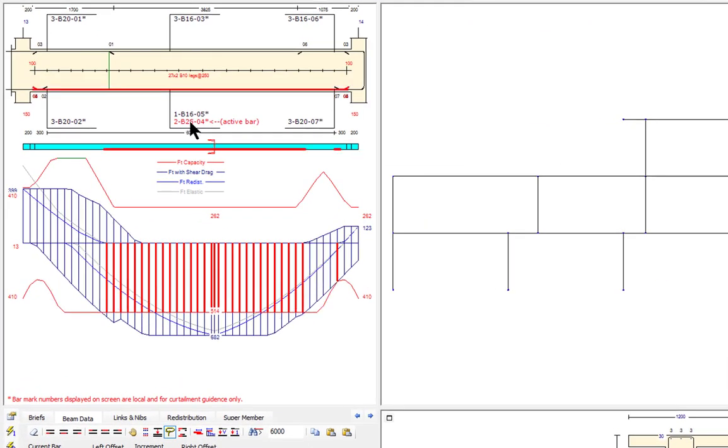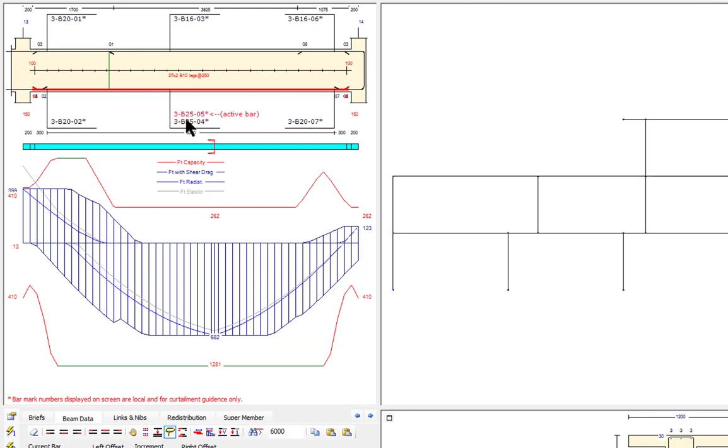I'm going to make into 25s. Remember, I put that big point load, so we're going to go with 325s. And do I need the other 16? Yes, I do. I need something to either go up or add in another bar. So I'm going to add in another bottom middle bar, and I'm also going to take that bar and move it into a different layer. So that's come into the